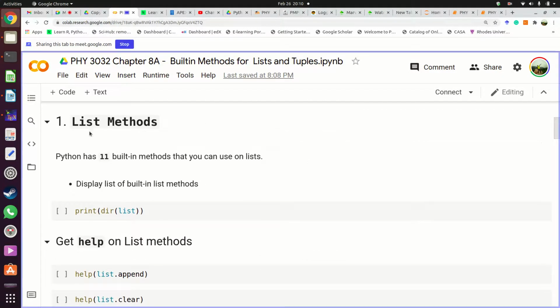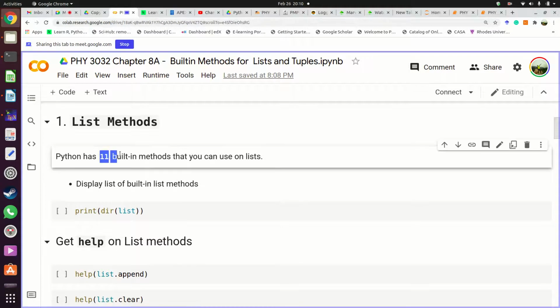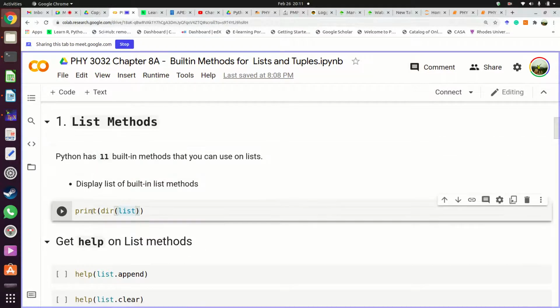So to start with, Python comes with 11 built-in methods which you can use on a list. Okay, are we clear? So when you have a list, there are 11 functions called methods which you can use on a list. How do you see which functions those are? For you to see which functions those are, you have to do the following. You print, then inside the print function, you write dir, then the name of the list. So if you run that,